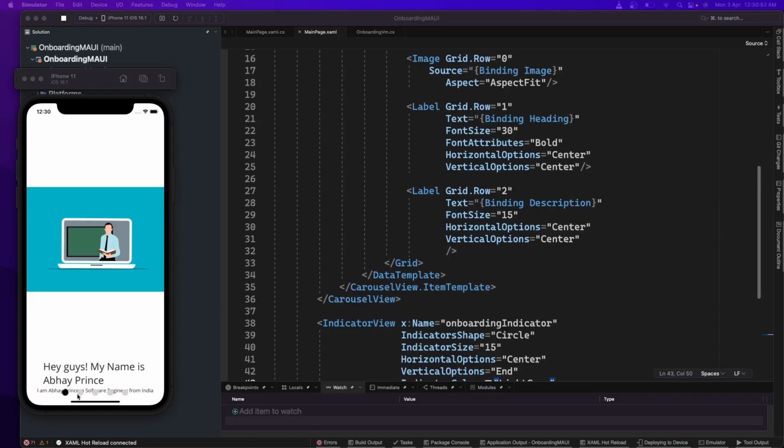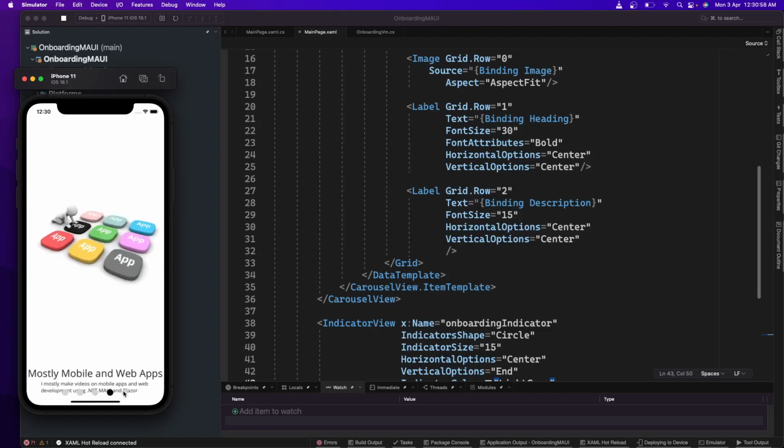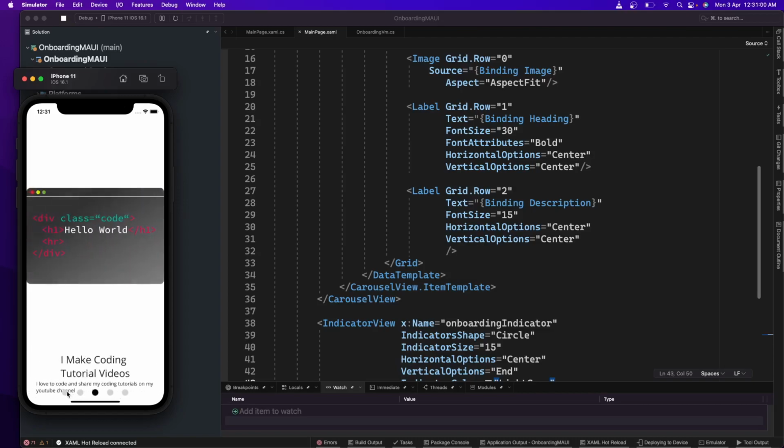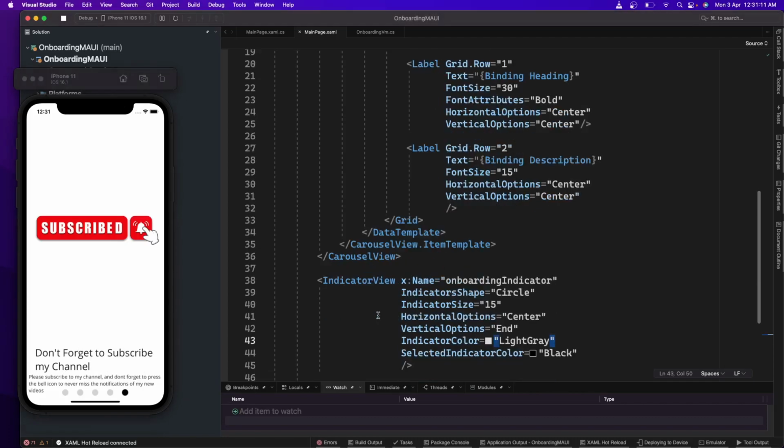App is running and we could see these little icons. So let's design these. Apart from this, when we move to the last step, then it should show that get started button, and it should show a skip button. So for that, let's move this indicator view to